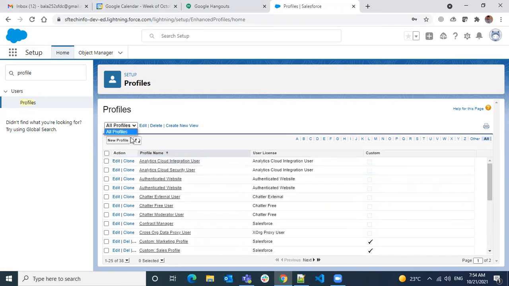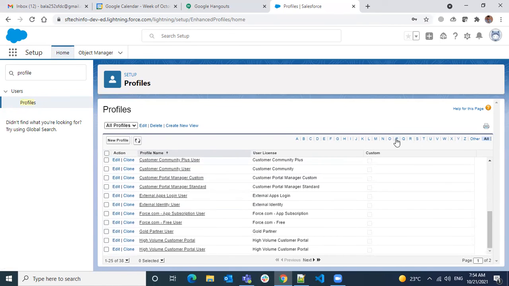Okay, just observe what we have now. We have one drop down here, and we have edit, delete, and create new view. We can have multiple views. One way is to filter using these letters, right? When you click on a letter, it will filter by the starting letter. This is one filter you have. Whatever the list view is, the view will be the same, it will just filter out the records if you use these letters. I will come back to the filter section later.